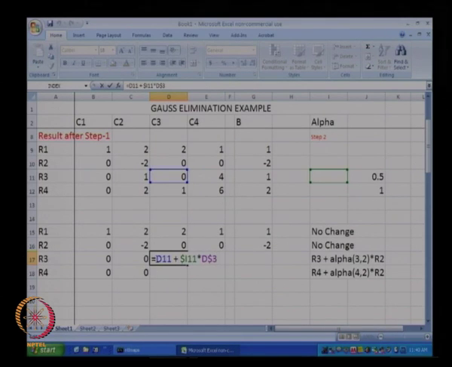Okay. So, this is row 3 plus alpha 3 comma 2. We see that this is not alpha 3 comma 2. So, I will just drag this over here. So, this will be alpha 3 comma 2, and so row 3 plus alpha 3 comma 2 into row 2,